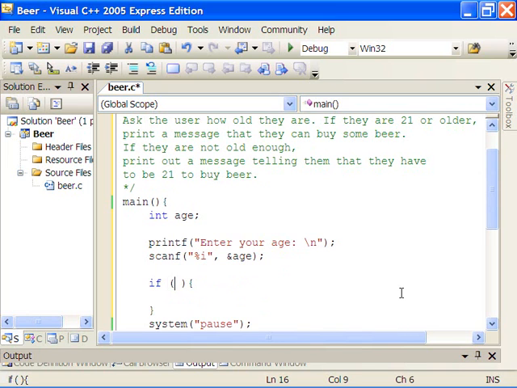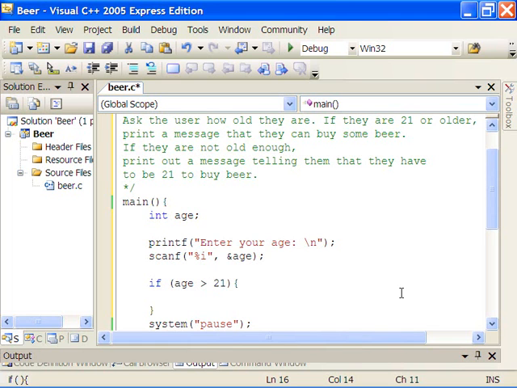So now, what do we need to express here? A relational expression, and in the spec, if they are 21 or older. So how will we write that? We have the variable age, and we're going to compare it somehow to the number 21. So if